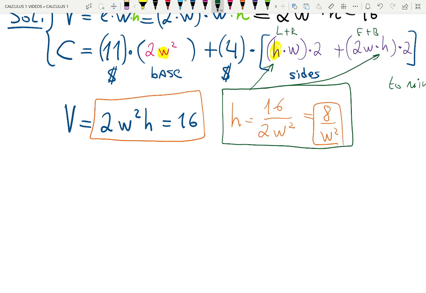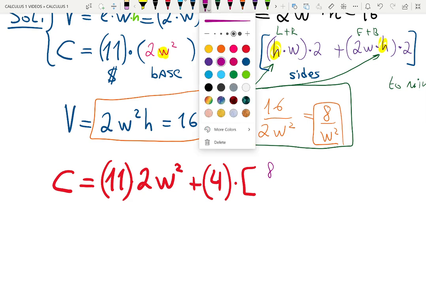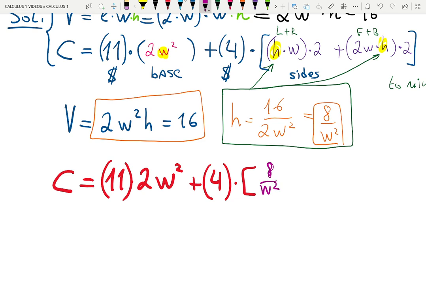Everywhere I see h, I will now have 8 over w squared. So let me put it in red, because now it's getting more interesting. I have 11, and I will keep the variables as they are to make it more visual. 11 times 2w squared plus 4, remember 11 and 4 were prices. 4 multiplied by h, let me change it to purple, 8 over w squared times w times 2. The 2 was there because there are two sides,